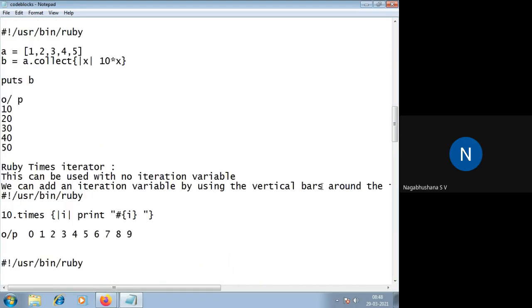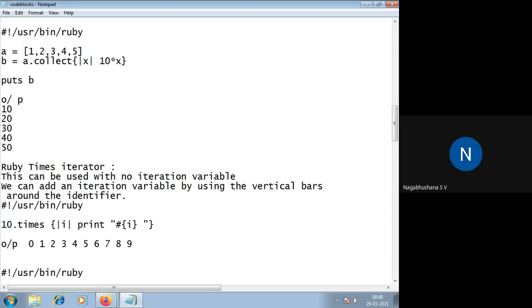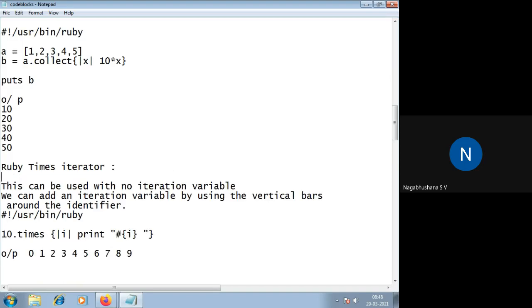Next, the third method of an iterator. This can be used with no iteration variable. Ruby's times iterator can be used with no iteration variable, so you need not use exclusively any kind of variable to do the iterations. But we can add an iteration variable using the vertical bars around the identifier. What is the meaning of this?